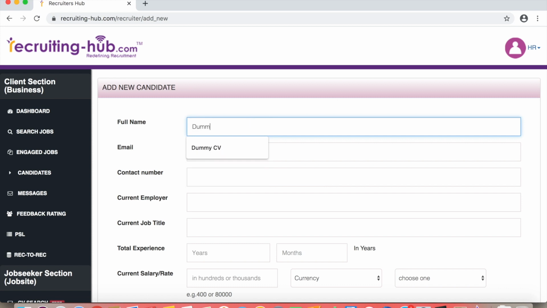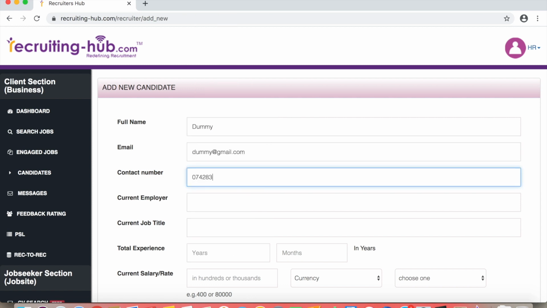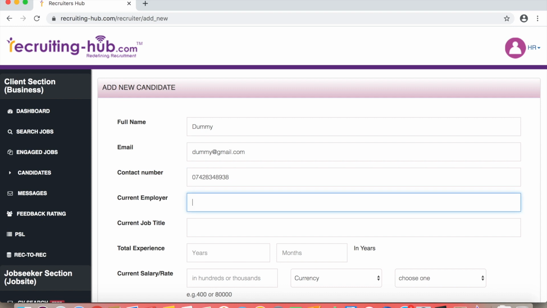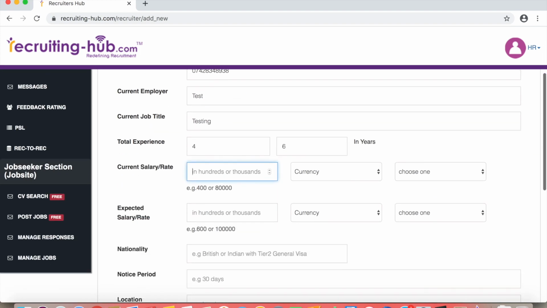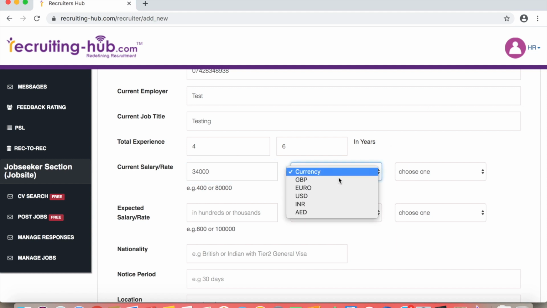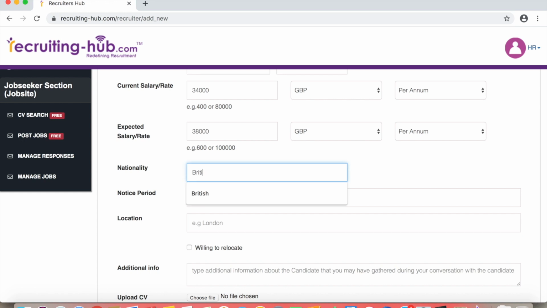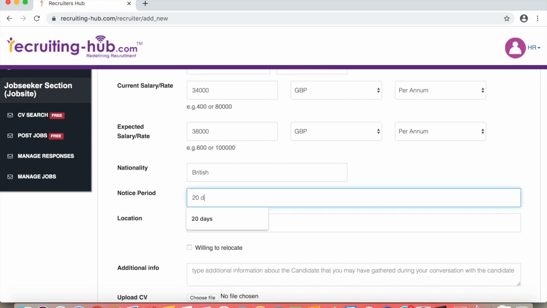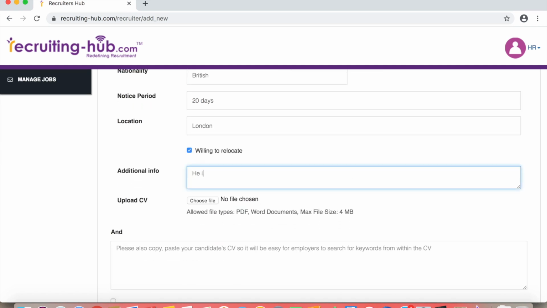I'm just saying dummy at gmail.com, a mobile number, current company, let's say test, current job title testing, experience 4 years 6 months, currently receiving a salary of 34,000 GBP per annum, and looking at 38,000 pounds per annum, nationality British, notice period he can join in 20 days, location London, willing to relocate, additional information is good in communication. I can upload a CV,